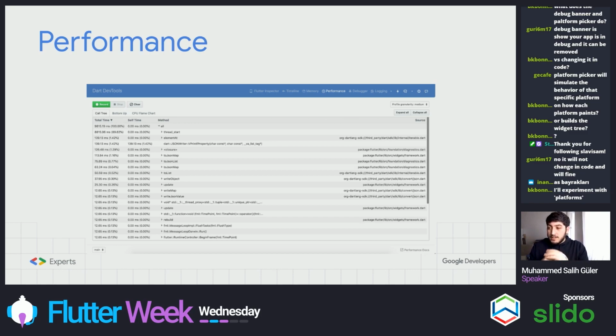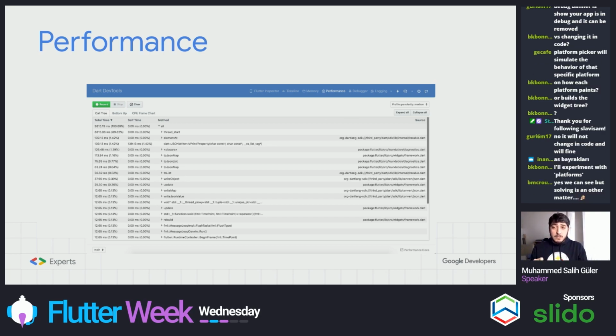So what we see here is we don't just see the methods or the parsing mechanisms that we have within our application, but we also see that